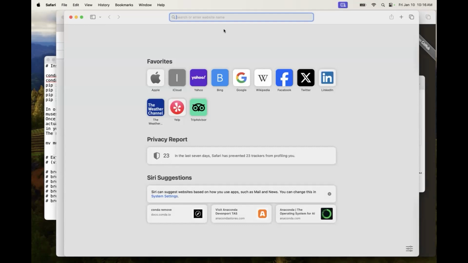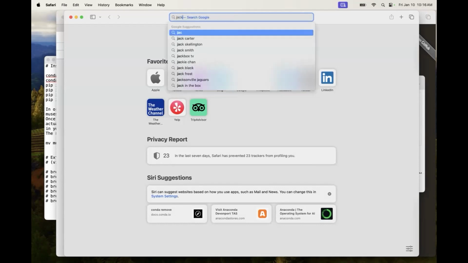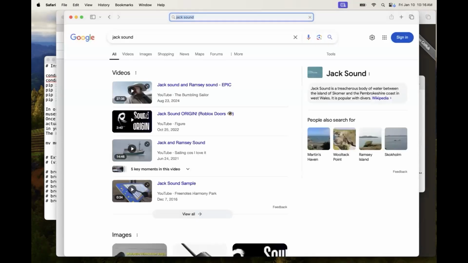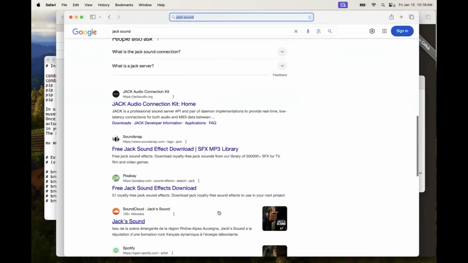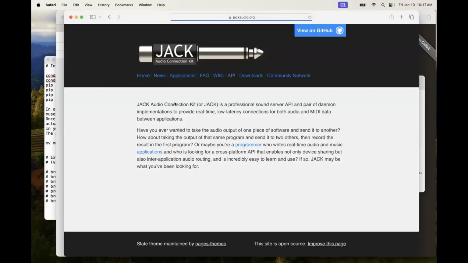So in order for Linux and for PYO, the module that we tested earlier for the sound generation, to work in Linux, we need to use a different sound server that is called Jack. This one. You need to install the Jack audio connection kit